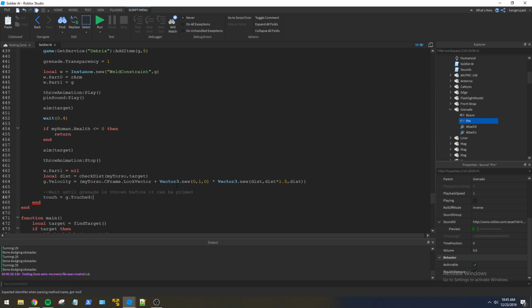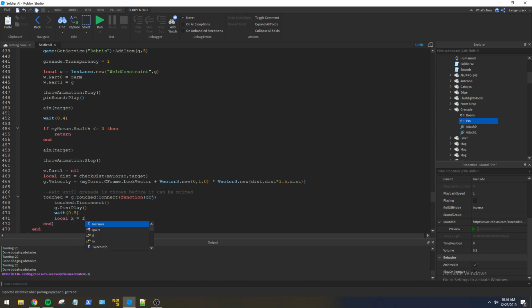So G.Touched connect function object, and then we'll do touched disconnect. Okay, good. And then we'll do G.Pin play that again when it hits the ground, and then we'll wait 0.5,